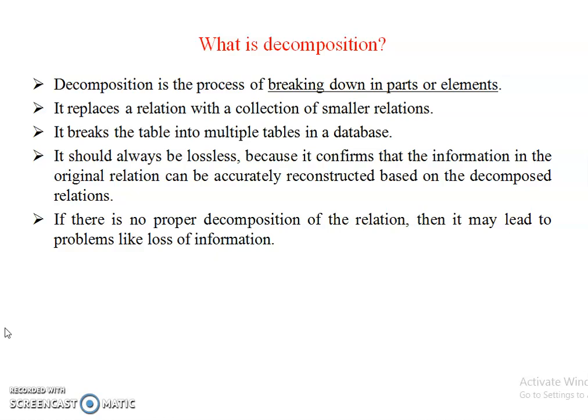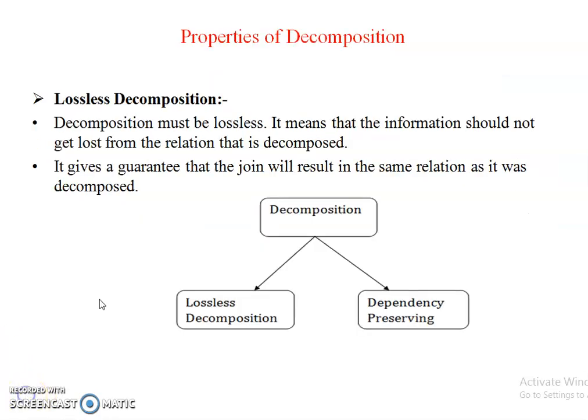So basically, one solution to eliminate redundancy and also the update and deletion anomalies in a database is breaking a relation into two or more relations, and that process is called decomposition. While decomposing the relation, there are some properties that must hold so that the database remains in a consistent state.